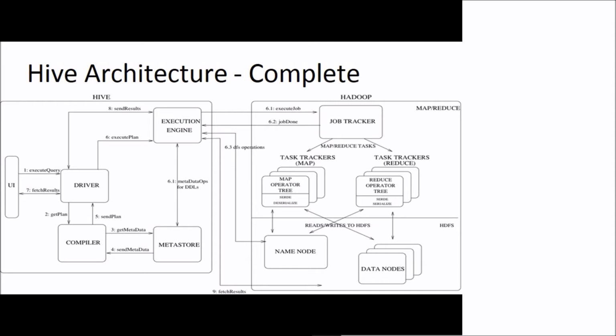So what does the execution engine do? It will interact with your Hadoop system. The execution engine will interact with your job tracker and your name node. Why job tracker? Because the job tracker will help out with the execution part. The name node will give the results, because the result is data stored in some data node, and that info will be given by the name node. So the job tracker will get that particular operation performed, and after that the name node will get those results, and those will be given to the execution engine.